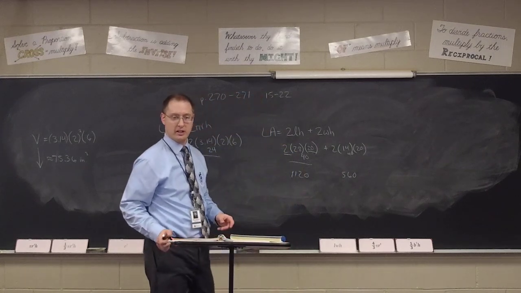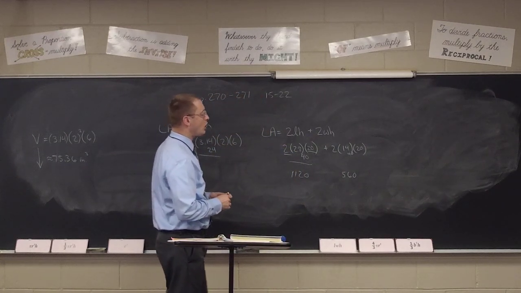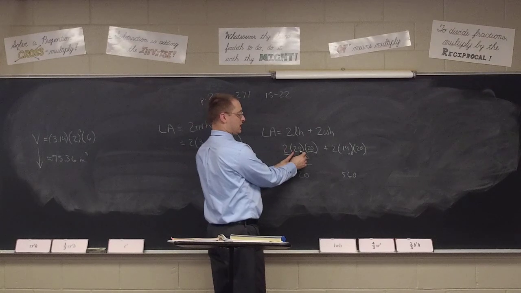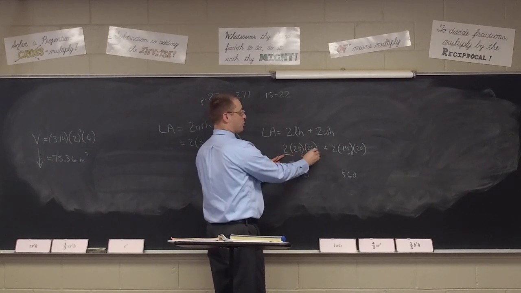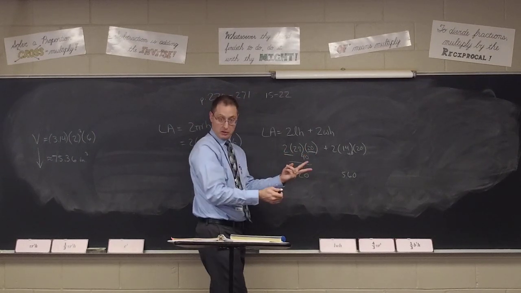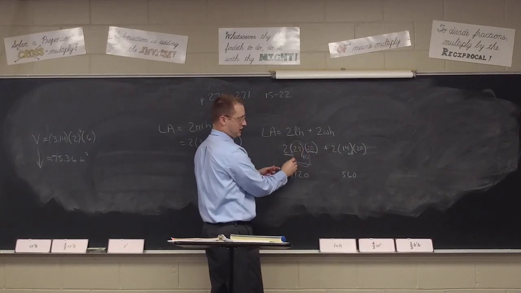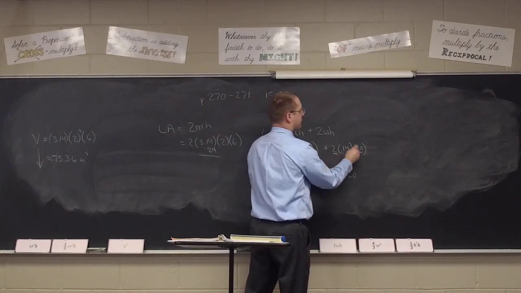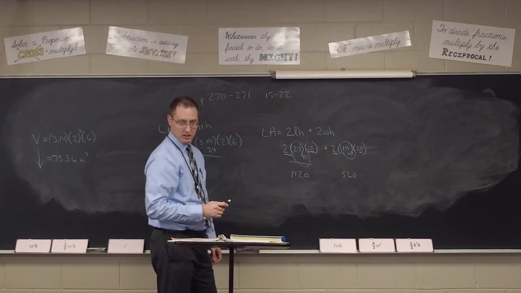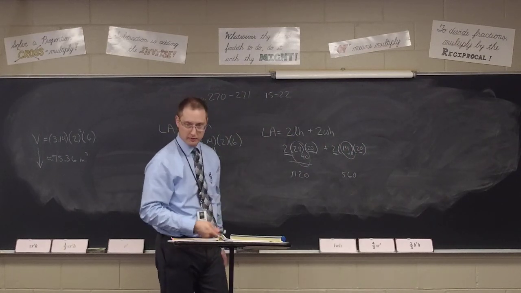I'm sorry, question, Lana? So I didn't go across 2 times 28 is 56 times 20. I did the 2 and the 20 because they're super easy to get 40, like 2 $20 bills. And I did 40 times 28. I did the same thing here. 2 times 20 is 40, 40 times 14. Just to get them a little quicker.